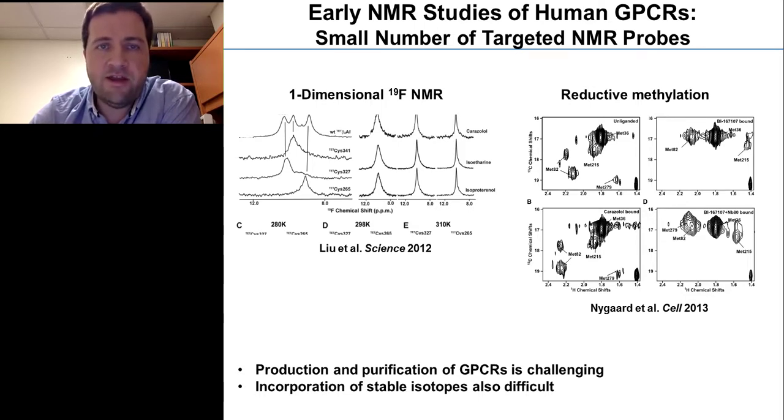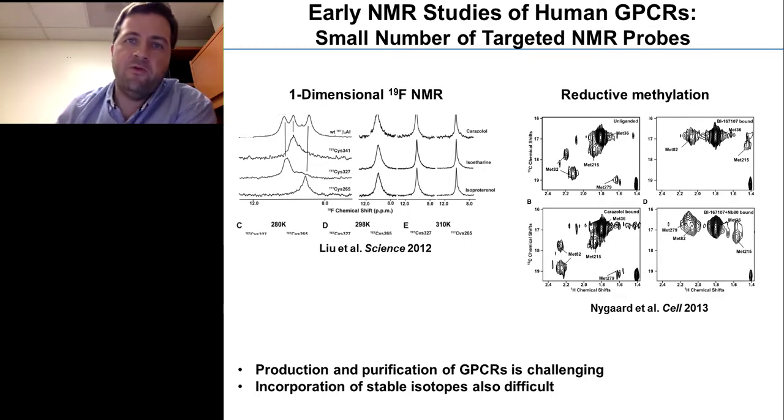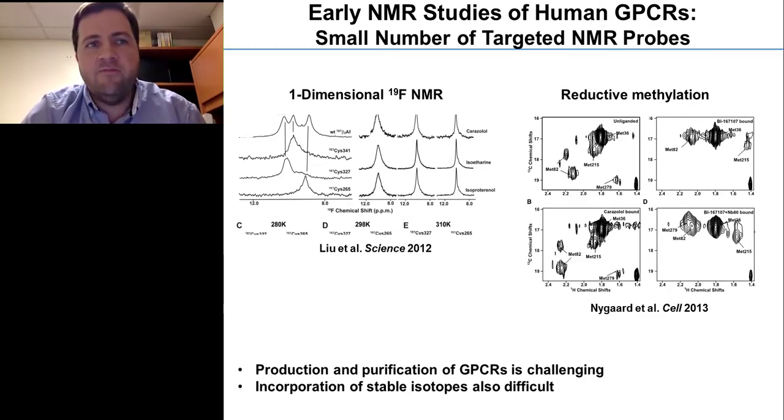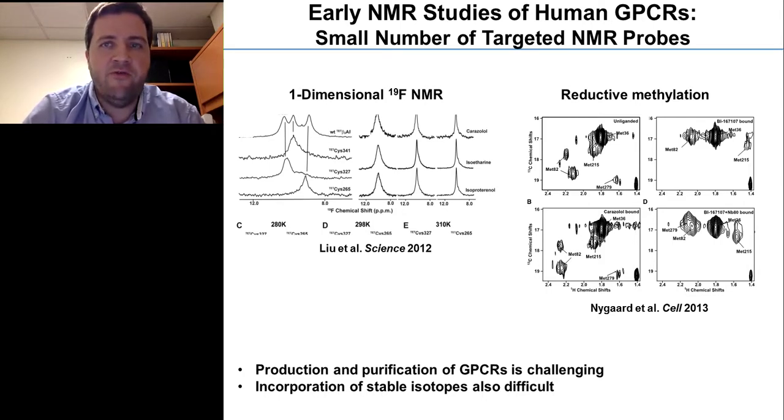On the right, there was a technique using reductive methylation that was first published in its relevancy to studying human GPCRs by the Kobilka group. And this is an example of the kind of data that was obtained with this method. Lysines could be methylated with a carbon-13 CH3 group and thereby studied with NMR spectroscopy. So what these studies had in common is that they typically introduce isotopic labels, which are necessary for NMR spectroscopy, as a kind of post-translational modification.